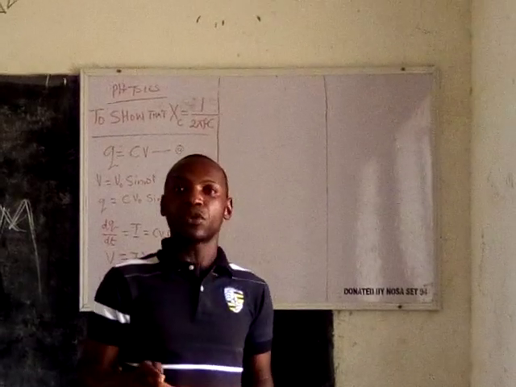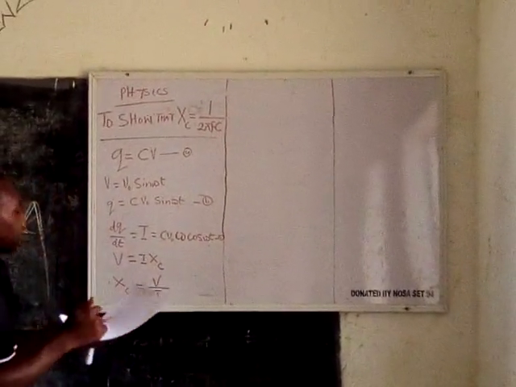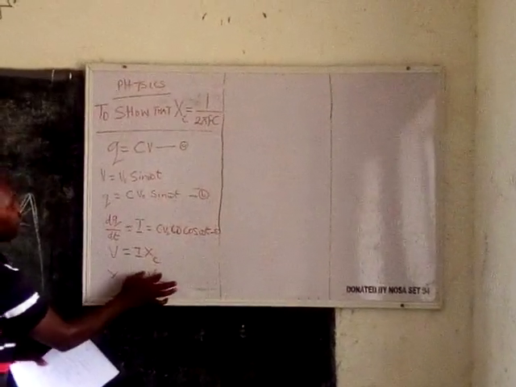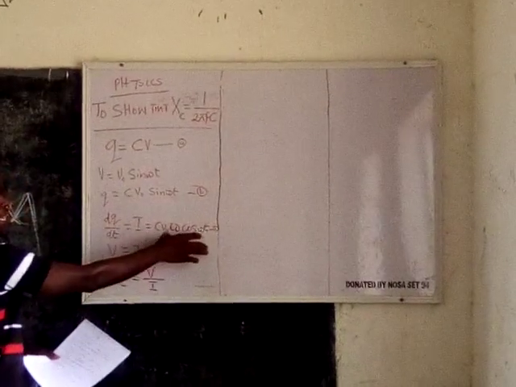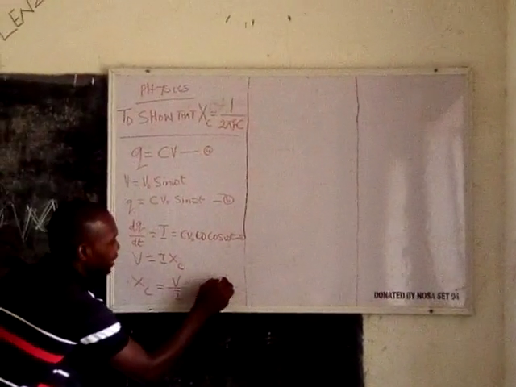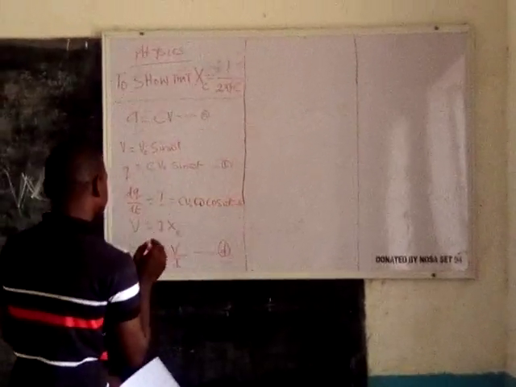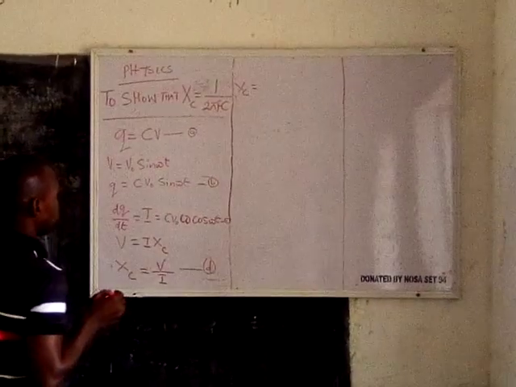That's what Ohm's law is talking about. Now, bringing all these important equations together, we have our V up here and our I here. So when we put V and I into this equation, let me label it as D, we will have that Xc is equal to,